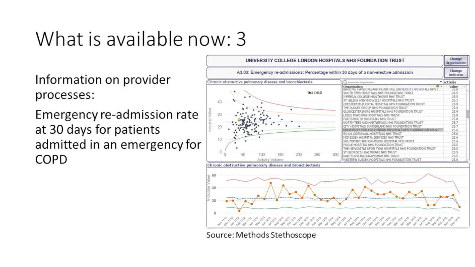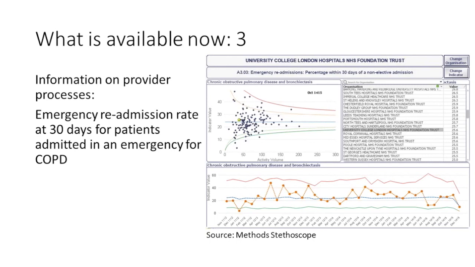This is another screenshot, and this is looking more from the provider view. Because of where we are here at BTS, I've picked on UCLH. On the funnel plot you can see their emergency readmissions within 30 days of an emergency admission. They're the big green blob just on the lower left of the funnel plot, and you can see that they're just above average for their population. It's the same time point. And looking at the trend line, they've bobbled around within the national cohort, between the upper red and lower green national control limits, for the last 3 years.